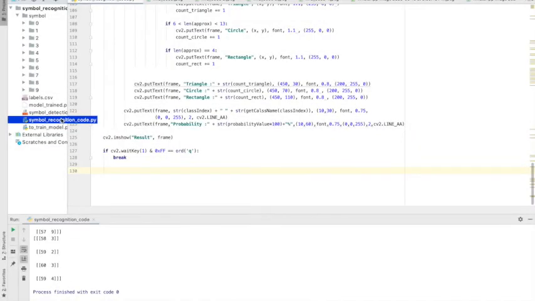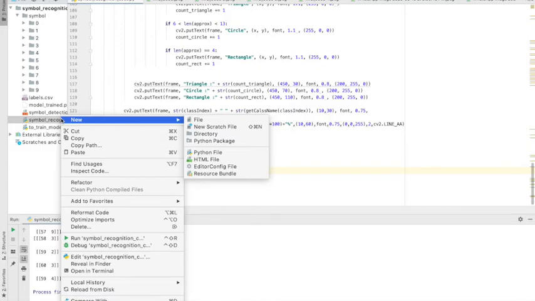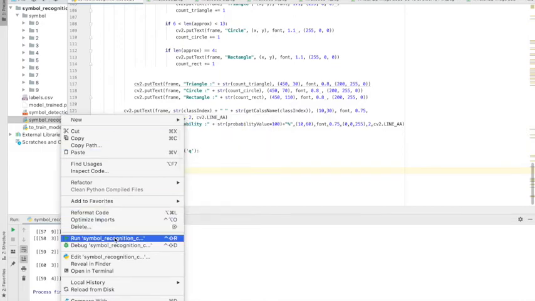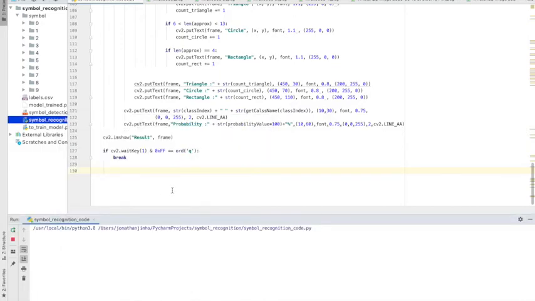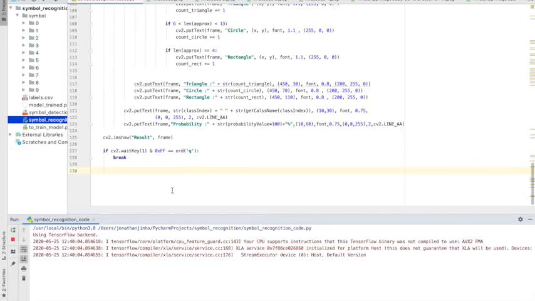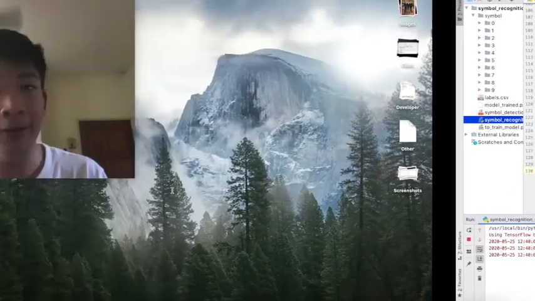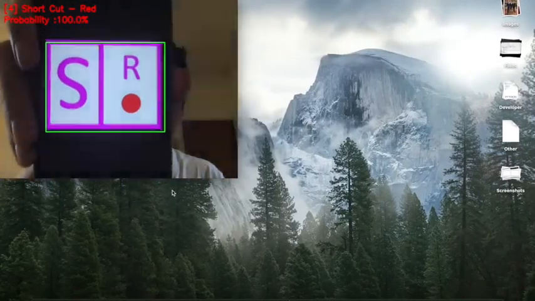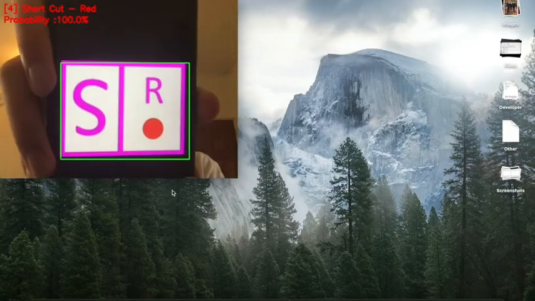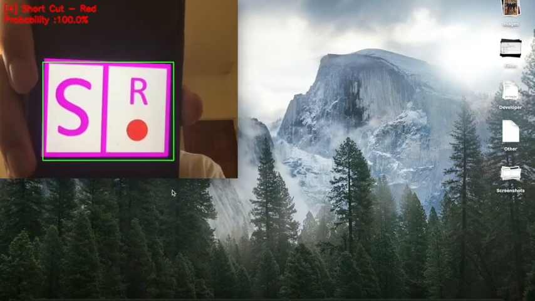We can then proceed to run the code to perform traffic symbol recognition as well as shape counting. So let's do so by running the code now. And let's have a look at the result, shall we? Okay, waiting for it to load. Okay, it's loaded. As you can see, our symbol recognition system is able to detect and classify the shortcut red